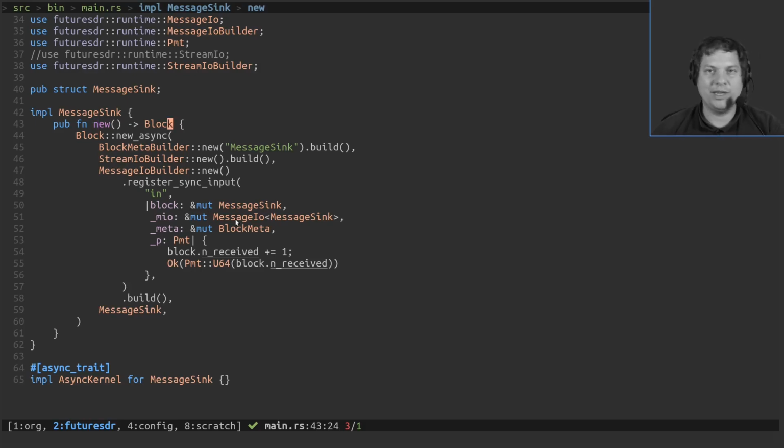So we can create a block for the FutureSDR. And with FutureSDR, there are two types of blocks. So a block is an enum that is either an async block or a sync block. And this was added because async, we will see, is really nice, gives us a lot of great ways and correct ways to implement I/O and timers and all this kind of stuff.